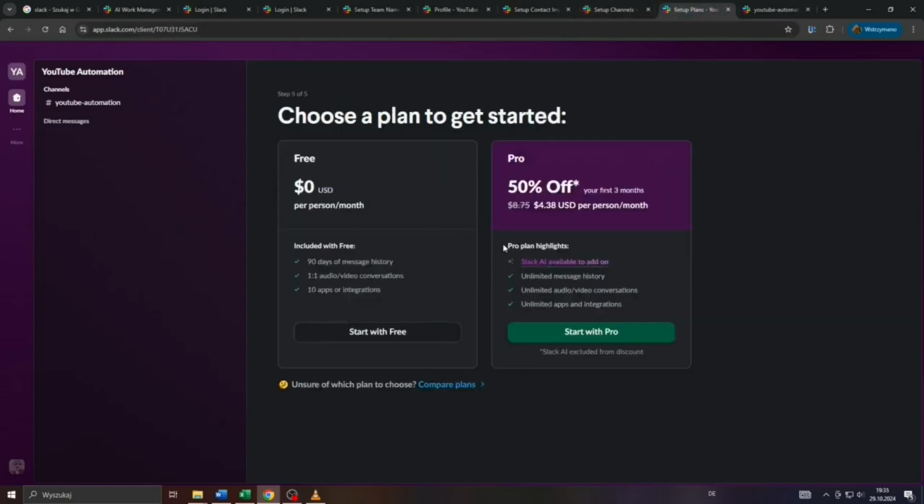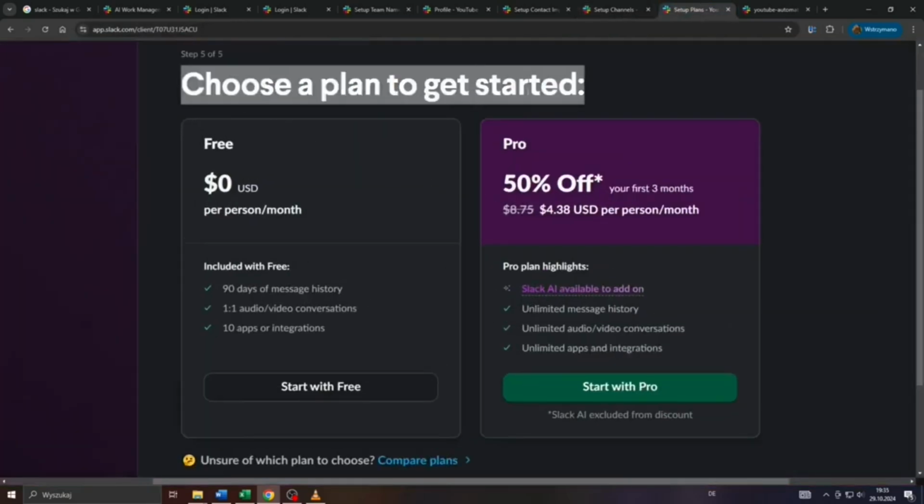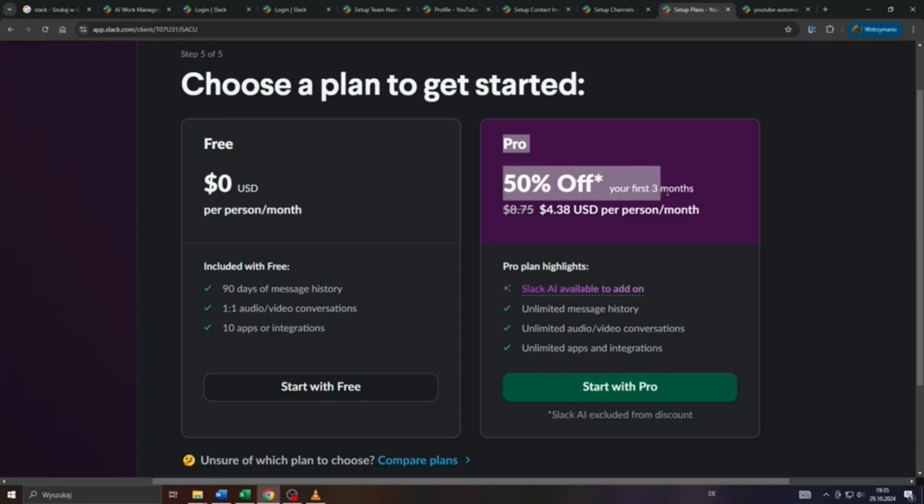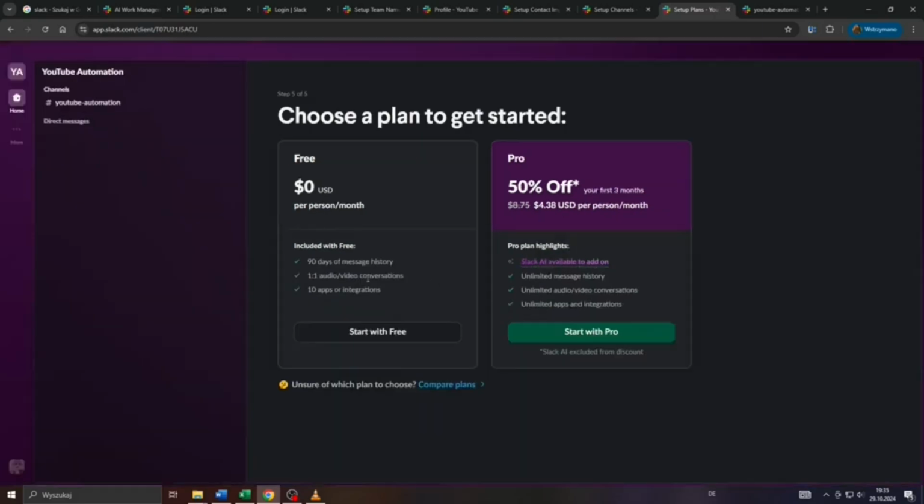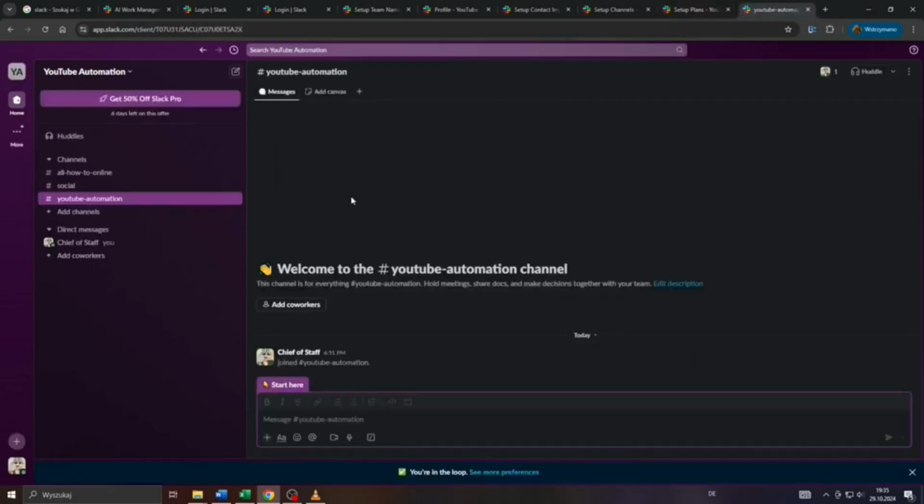And as previously mentioned, guys, there are two membership plans you can choose from, like the free one, for example, as well as a paid one. Currently, they're running a 50% discount for your first 3 months, which would be $4.38 per person per month. A paid membership comes with a lot of benefits and bonus features like unlimited message history or unlimited audio/video conversations and so on and so forth. However, for demonstration purposes, I'm going to stick to the free membership plan, which is 100% free with $0 per person and per month. So click on Start here below, and after that they will redirect you to your Slack panel